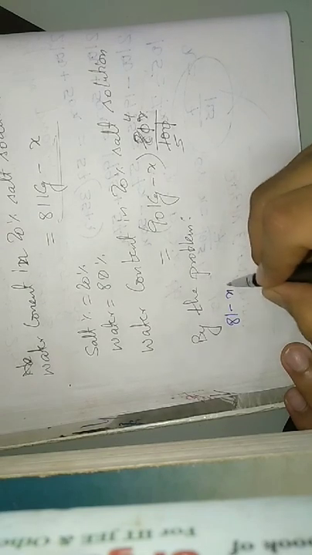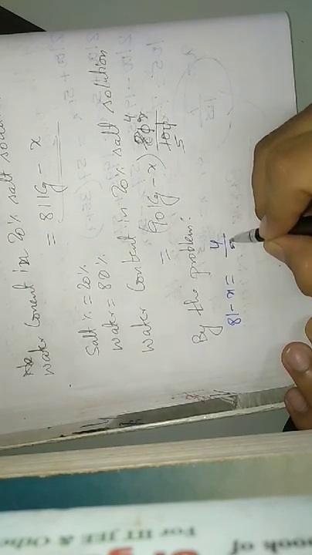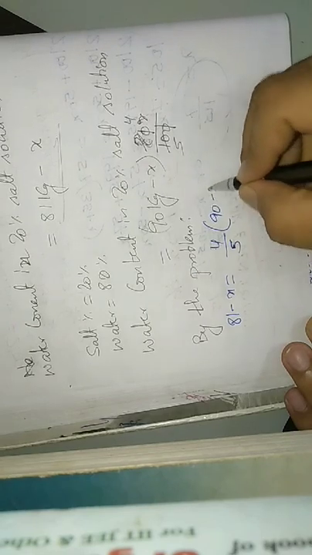So by the problem, 81 minus x is equal to 4 by 5 into 90 minus x. Students, please have a look at this very properly, copy it up. This is very important, because they have given a salt solution, they are talking about water concentration, and even this water has to be evaporated, meaning it has to be eliminated. So just the reverse happens, and this is a very important question. You can pause it over here and copy the whole question.